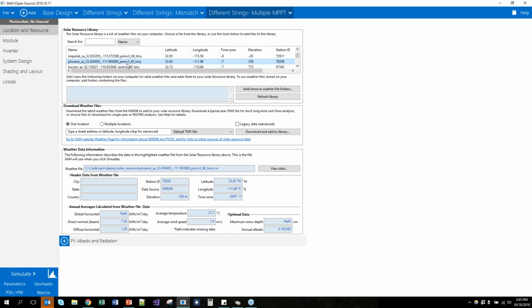So in the PSM v3 case, that covers most of North America and about half of South America and some of India and the surrounding countries. And then there are other databases to get weather files for other parts of the world that we talk through more on our weather page on the SAM website,